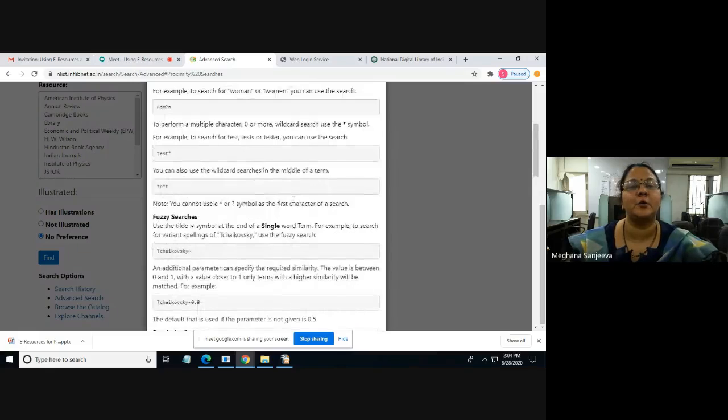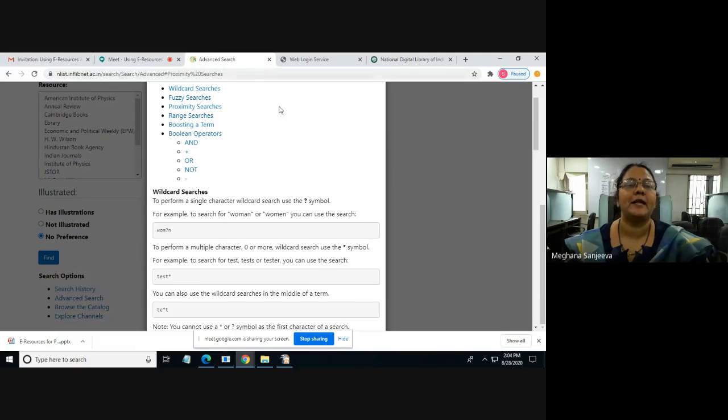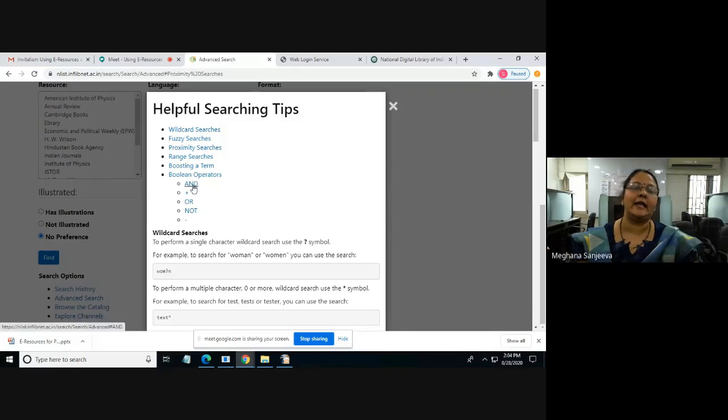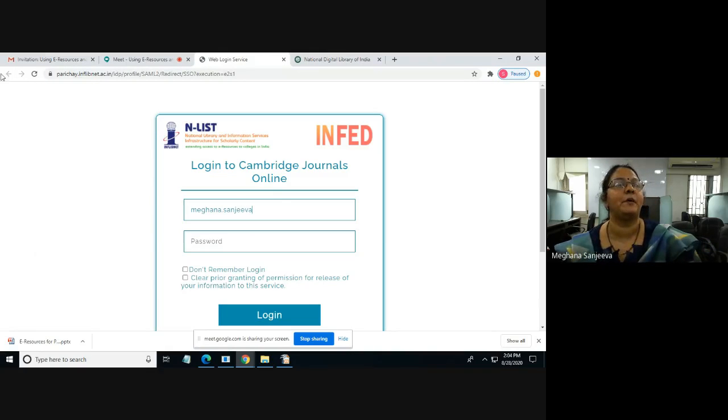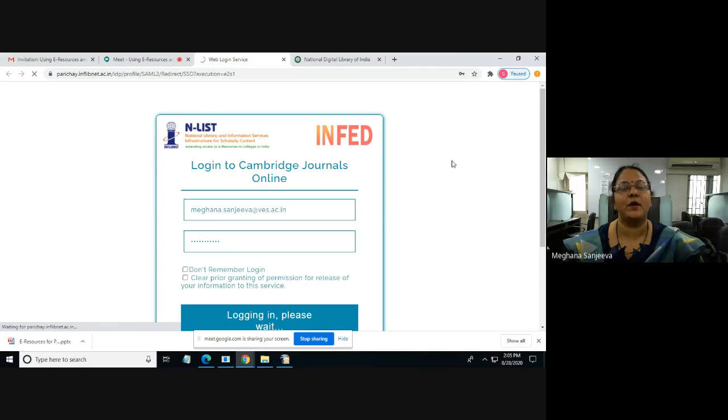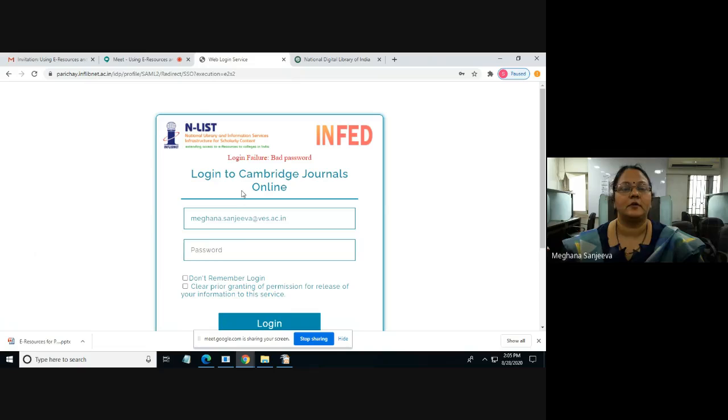So if you want to search women or woman, you have options. These are basically all search tips that we generally use, Boolean operators like and, or, not, and so on, which we can use for any of our searching. The only thing I want you to remember is that everything for searching is the same as any other resource that we use. But here you do not get direct article level data from the search box, whereas you have to go to the individual source to